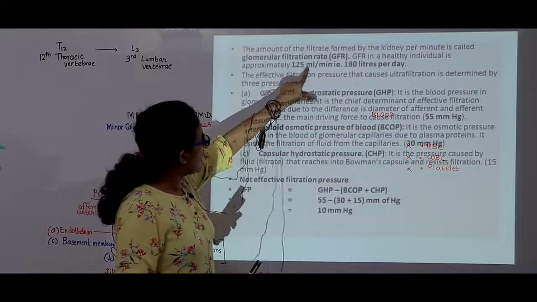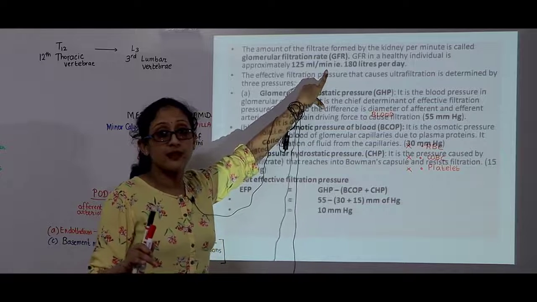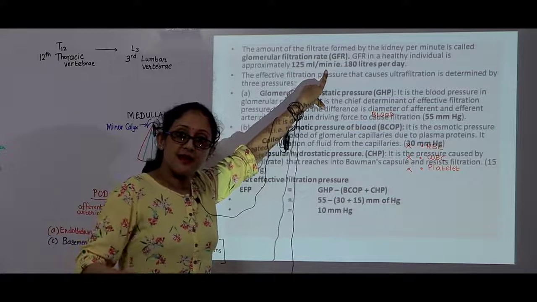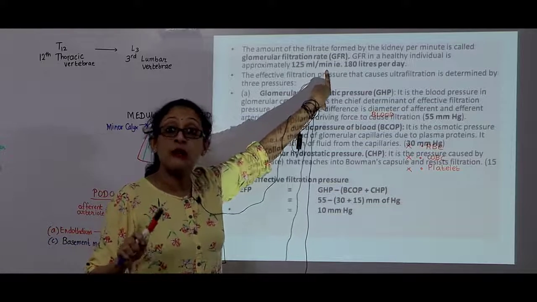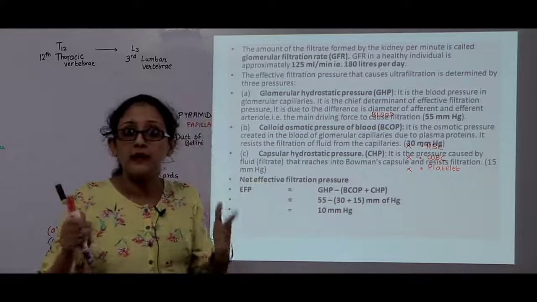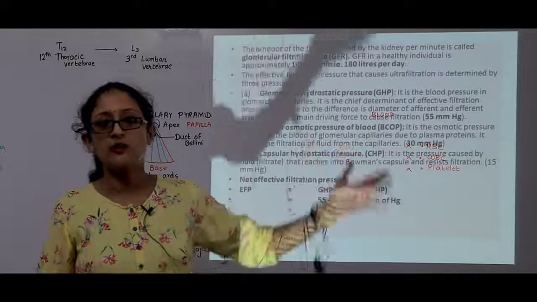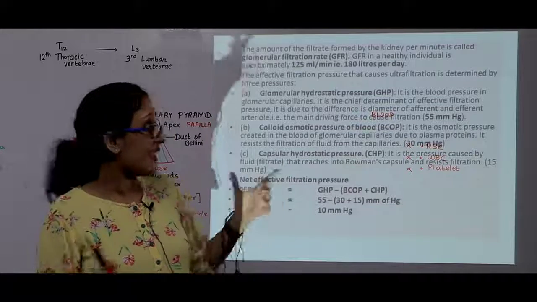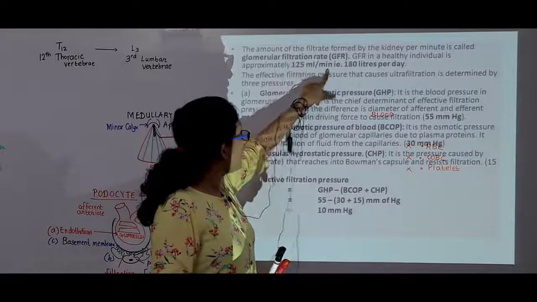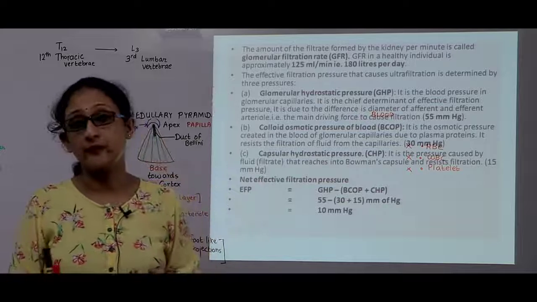If we consider it is 125 ml per minute, now think about it. If you multiply it for 1 day, we have to produce 180 liters of urine per day, which is a huge amount. It's impossible. We'll have to be sitting in the washroom the whole day, because they are saying we have to throw out, as per the filtration rates, 125 ml per minute means 180 liters per day.